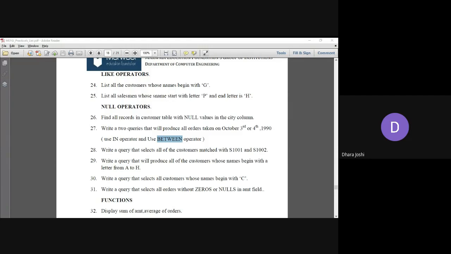So you can use them and create your query. Anyone who can complete the between operator query can write here in the chat box.